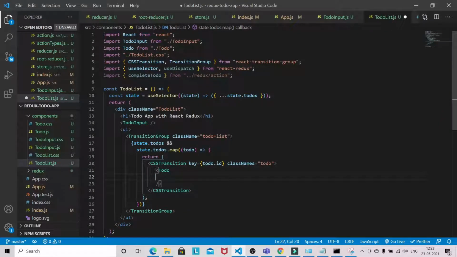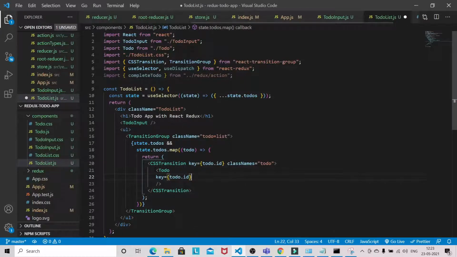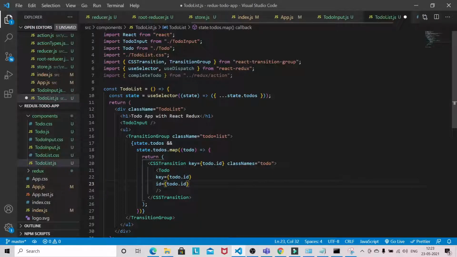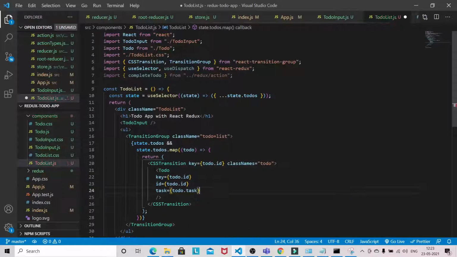Okay, the key will be todo.id. id is equal to the same todo.id. We are also passing the task, so todo.task, and completed.